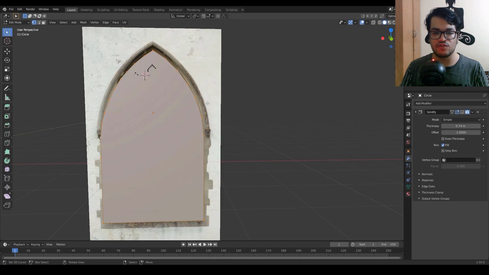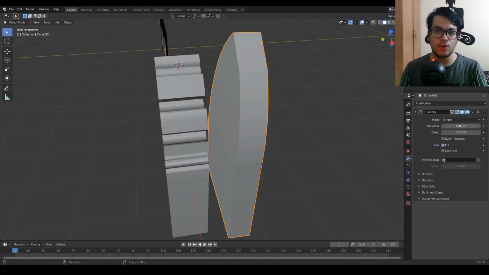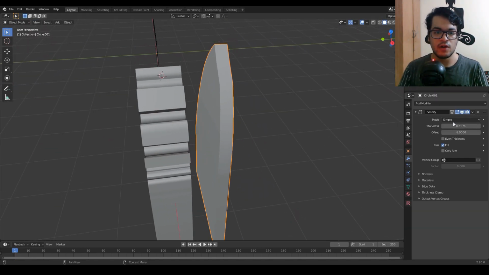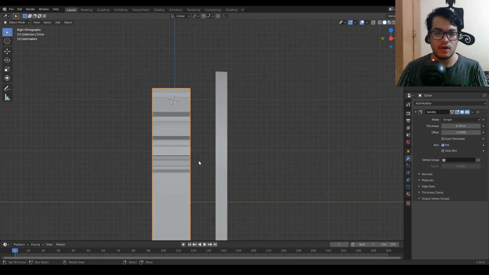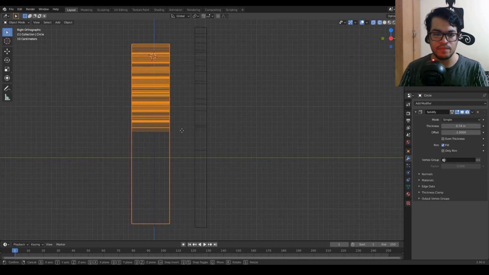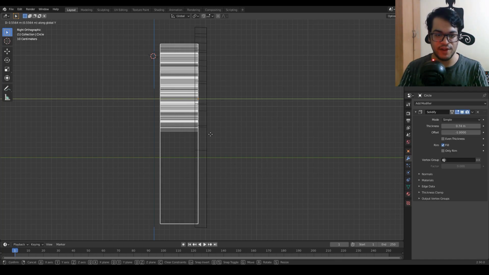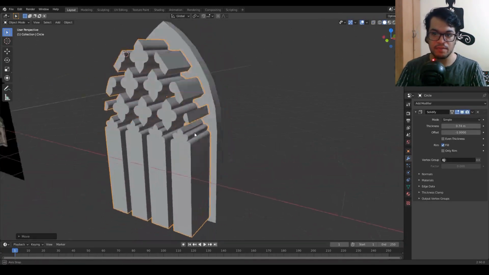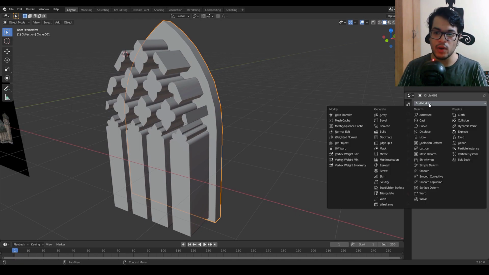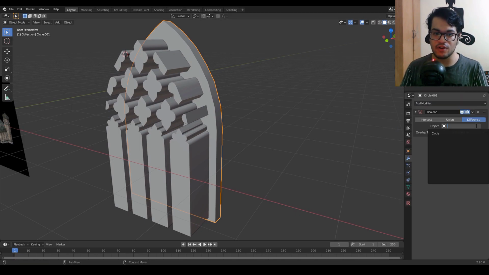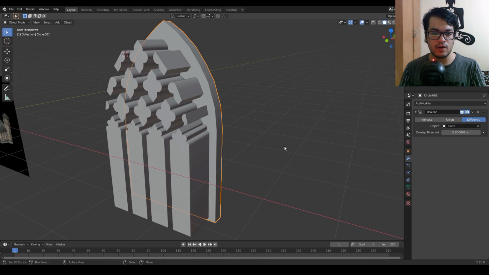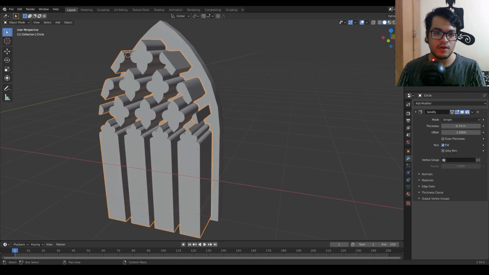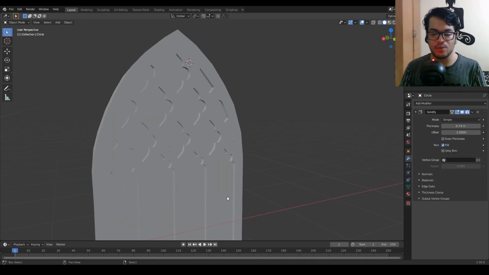Once you have traced out these two things, we are going to use the Boolean modifier to generate our window. Select the first object and move it inside the second object. Basically move it inside the frame of the window, and that height will basically define the emboss effect. Add a Boolean modifier to the frame and select the circle. Now if you hide the circle, so just press your H key. That's how easy it was to make a window.